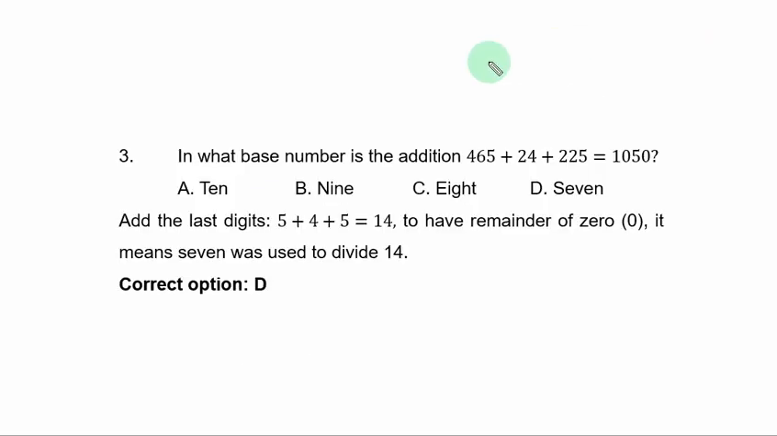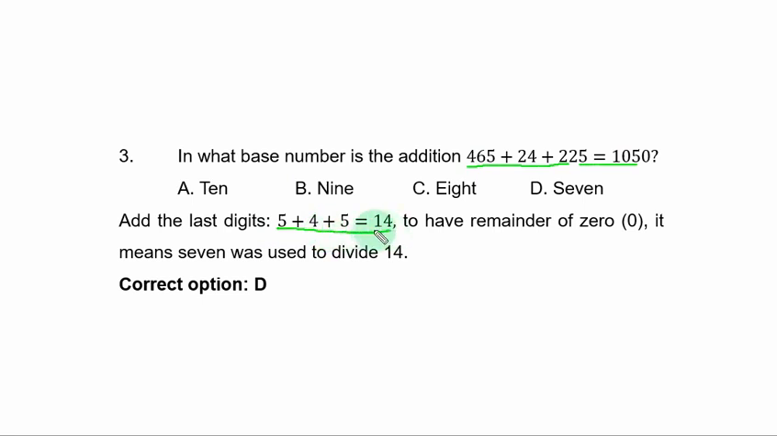Question 3. In what base number is the addition 465 plus 24 plus 225 equal to 1050? That is very simple. Just add the first digit from right. That is the digit in the unit position. You have 5 plus 4 plus